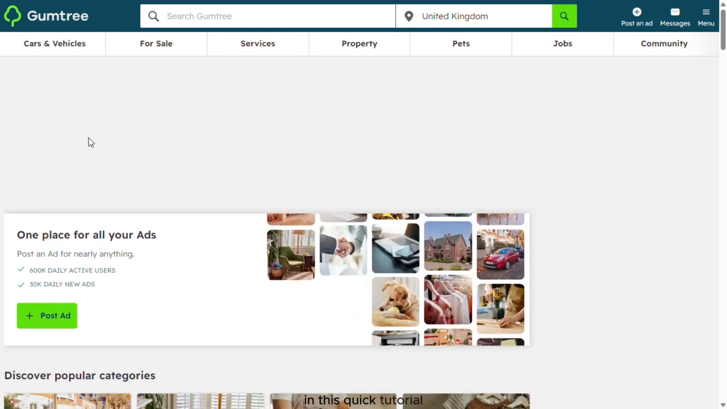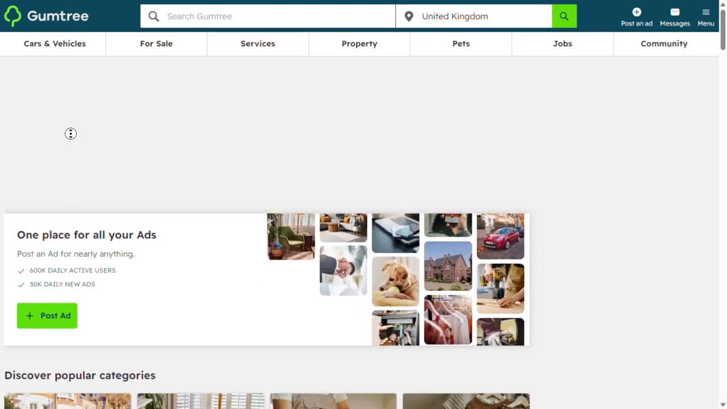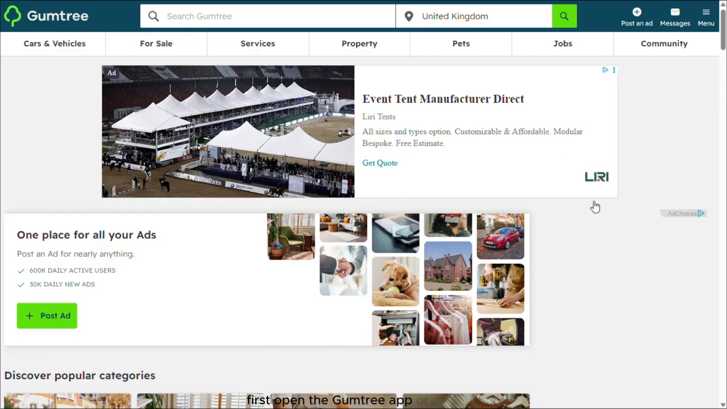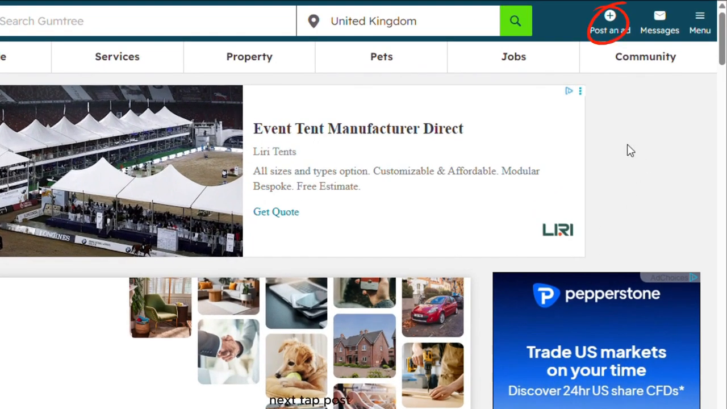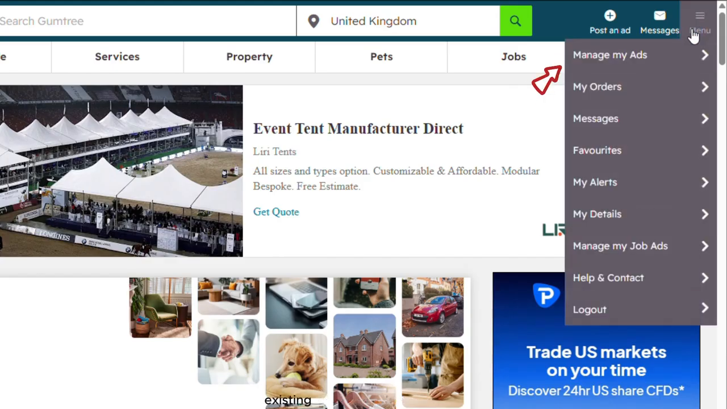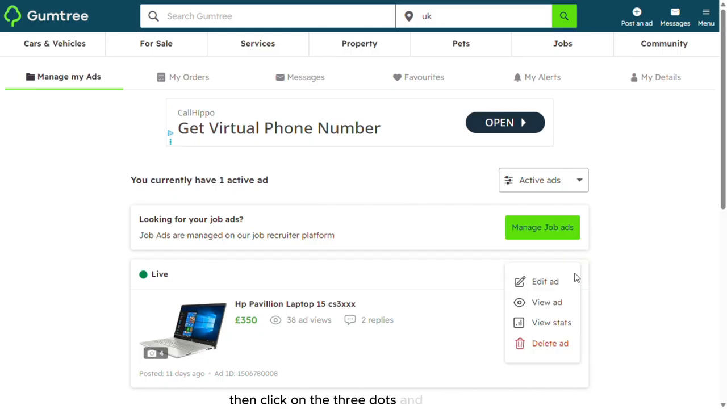In this quick tutorial, I'm going to show you how to add a video to your ads on Gumtree. First, open the Gumtree app or website and log into your account. Next, tap Post an Ad or open an existing ad that you want to edit. In this case, I will open one of my already posted ads, then click on the three dots and choose